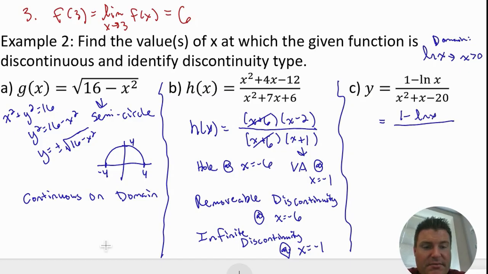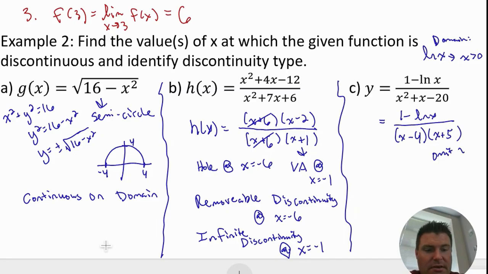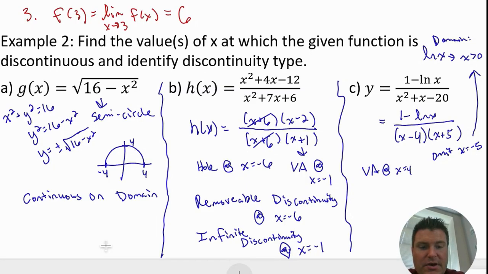top does not factor at all. Bottom does factor. I'm going to get x and 4 and 5. How about a minus 4? How about a plus 5 right there? So I'm going to have issues at 4 and negative 5. I'm going to omit negative 5 because I have my domain issue here. There's no way I can plug in any negative numbers into this function. So I have a domain issue there, so I only have a vertical asymptote at x equals 4, which means that that is going to be my infinite discontinuity